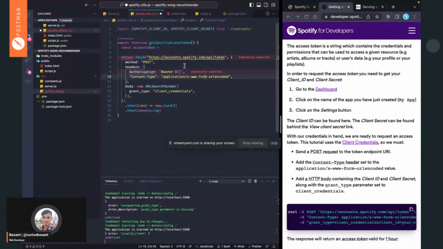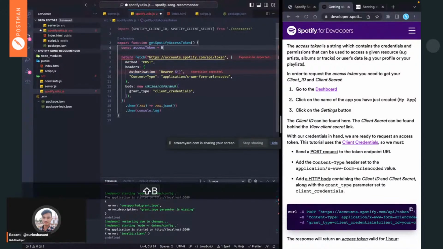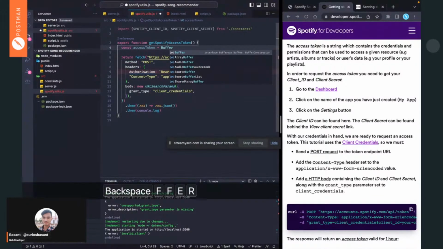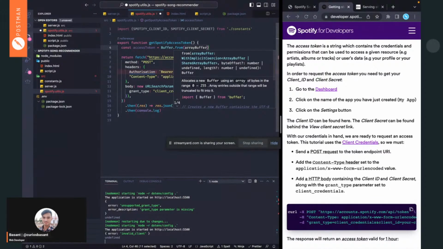So what we can do is create a buffer here from this Spotify thing. So I can say Spotify client ID, add a colon in between,